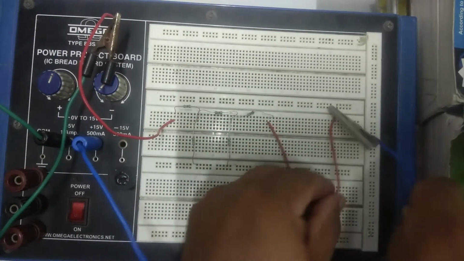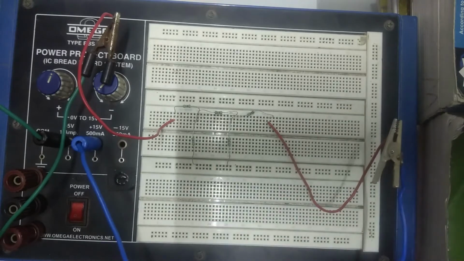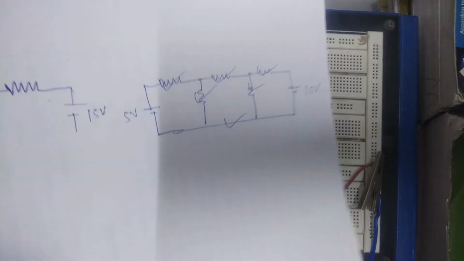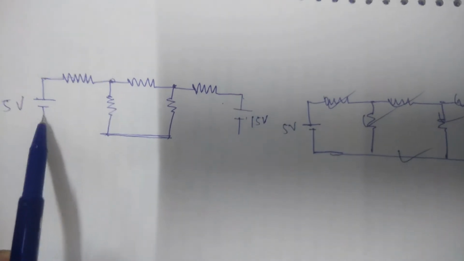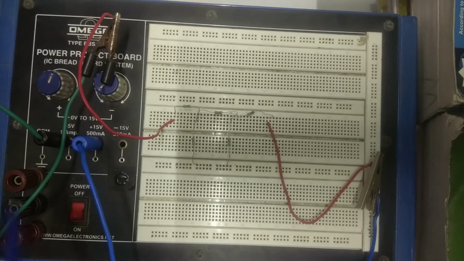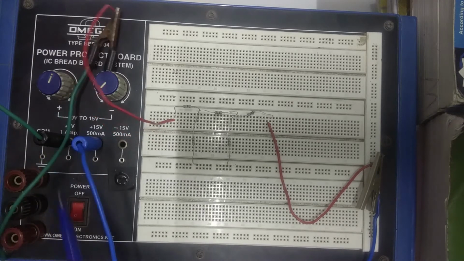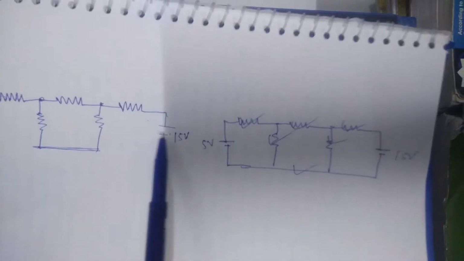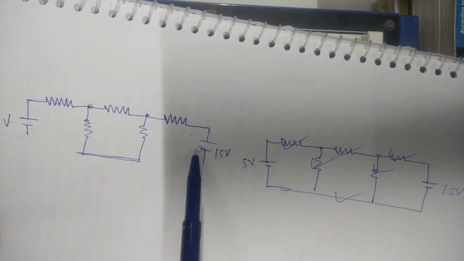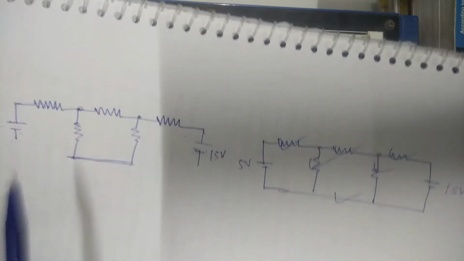Okay, your 15 volt. Okay, so now I can again read off the circuit. We have connected 5 volt and the 15 volt. Okay, so in your circuit you will be having your circuit in this fashion, but in practical aspect you will be having a voltage source 5 volt and 15 volt source whose common point is actually 1. Okay, previously in our circuit whenever we were drawing, the ground was different for both, but in actual practice in any DC circuit the ground or the common point will be the same.